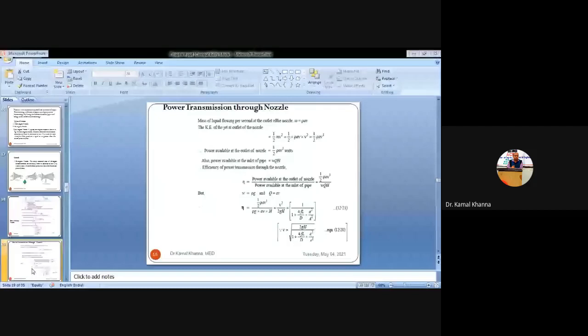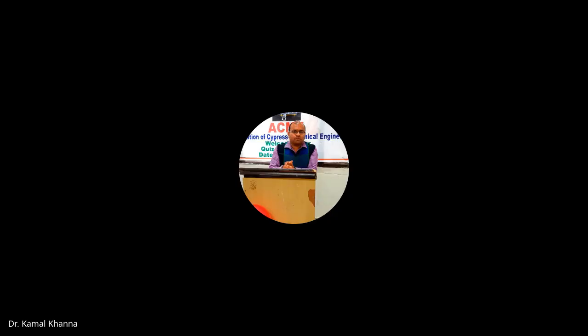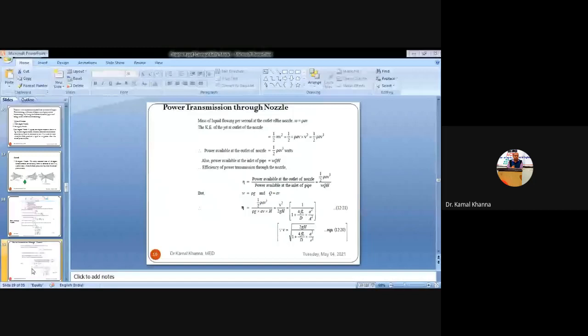So that's why we have only calculated the energy in the form of kinetic energy, that is half m v square. So what is m? This is the discharge or the rate of flow, the mass of the flow flowing through the pipe per unit second. So this is rho A V, where rho is density, A is area, and V is the velocity. That's why we have put that value of mass in this expression. This is half rho A V into V square, which becomes equal to half rho A V cube.